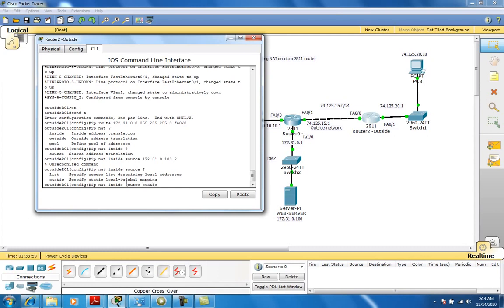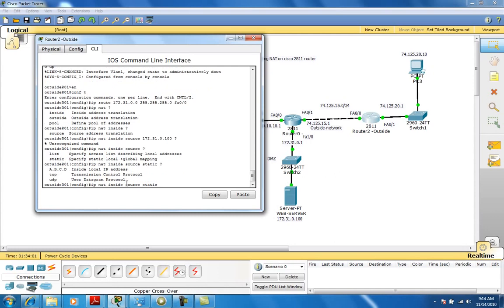So we have to specify that, right? And we are not. We could actually do it by protocol, so we could just do certain ports, whether it's a TCP port or UDP port. This time we're not really worried about that. We're just saying anything that's coming from the internet on an IP address of 74.125.20, and let's use 100, will be NATed to